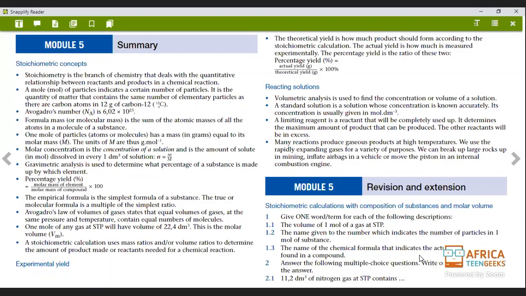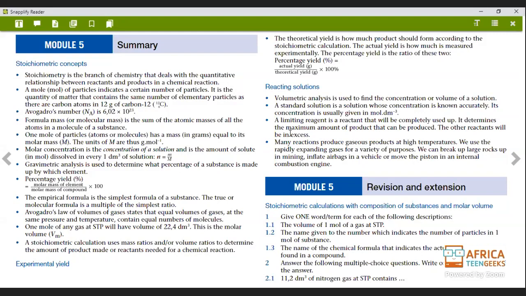Okay, so the limiting reagent is a reactant that will completely be used up. It determines the maximum amount of product that can be produced. The other reactants will be in excess, so it doesn't matter because there'll always be more. But like you've seen in the previous days, we've also had problems where we had to calculate the reactants in excess. But I'm sure we're going to have some more of those problems when we do our revision and extension